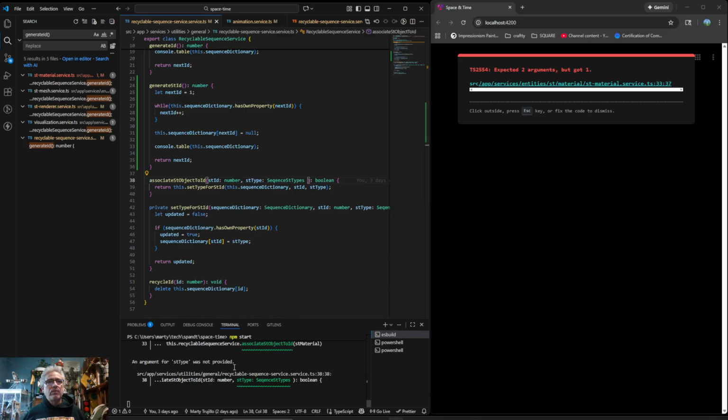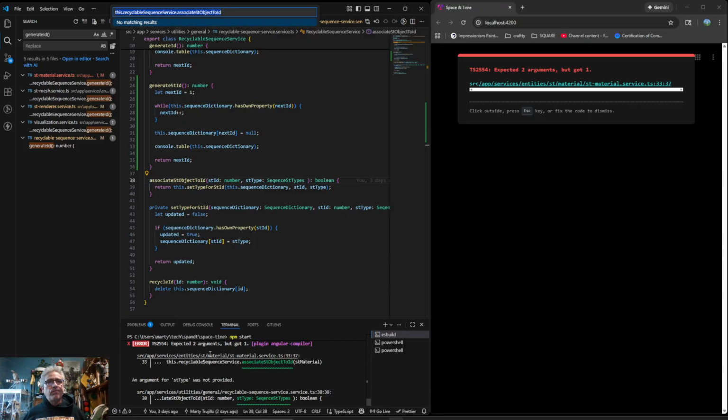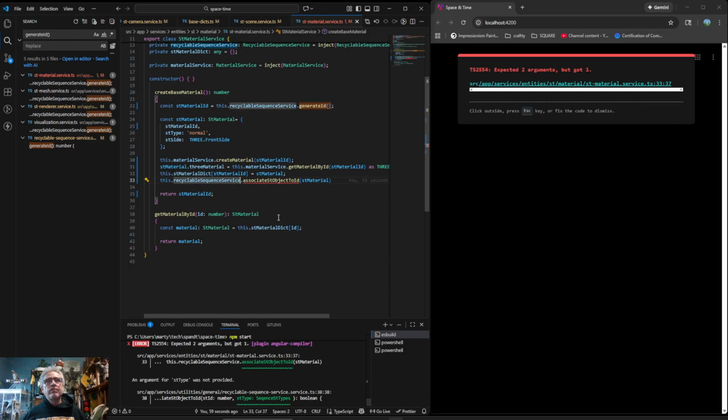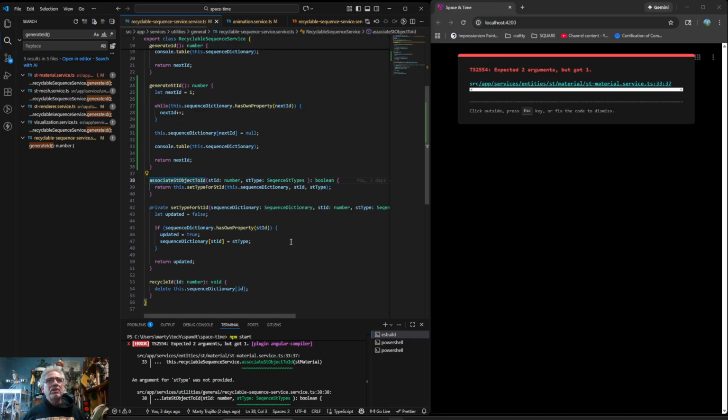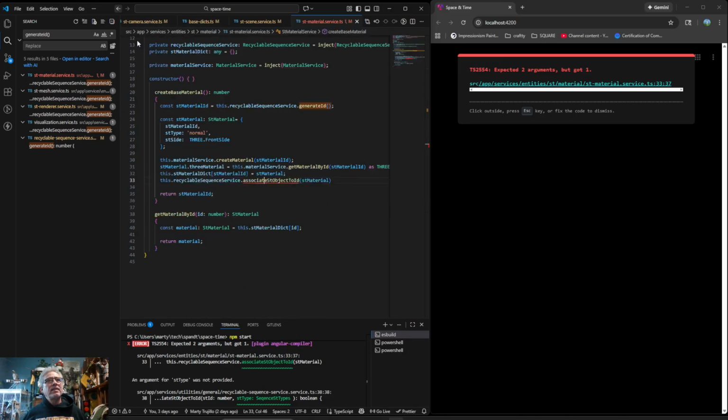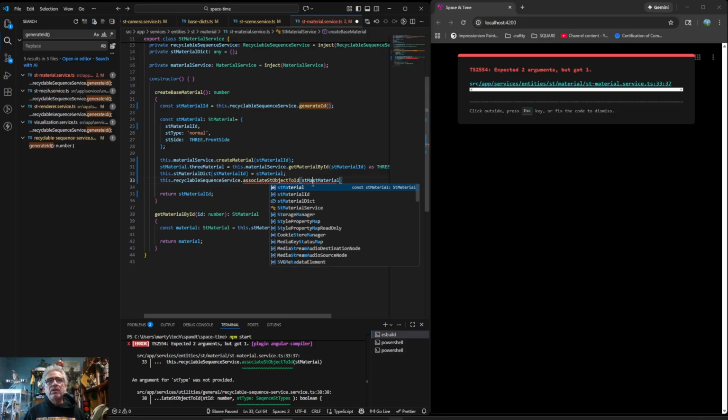What's the problem? An argument for ST type was not provided. Got confused. Go to definition. Okay, it takes the ID, the ST ID. So ST material ID,